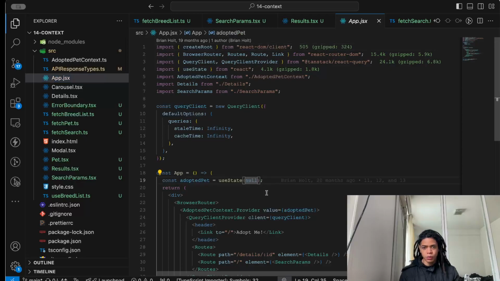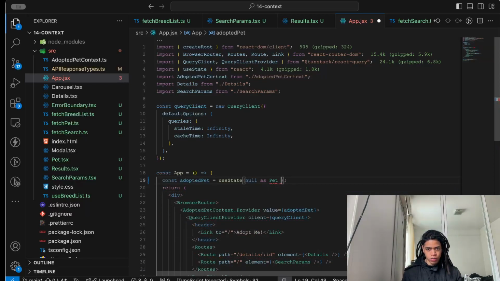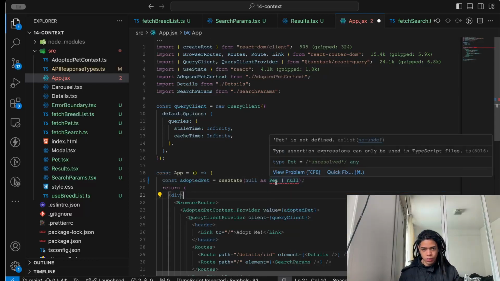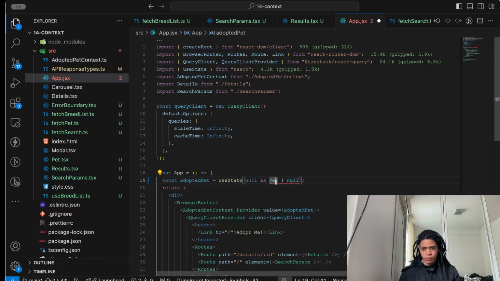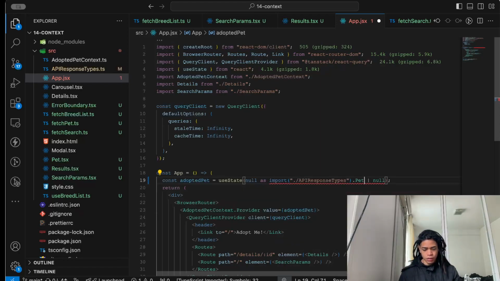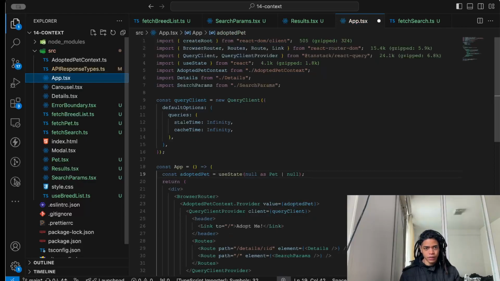Oh, and here is where we need to define on our state, like, hey, this will be a pet or null, right? Pet is not defined. I would like you to please import that. We need to transform this as this one. And now it says,